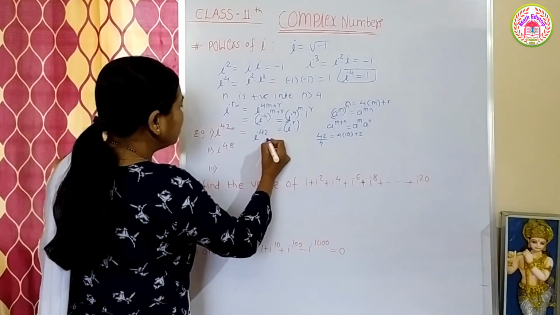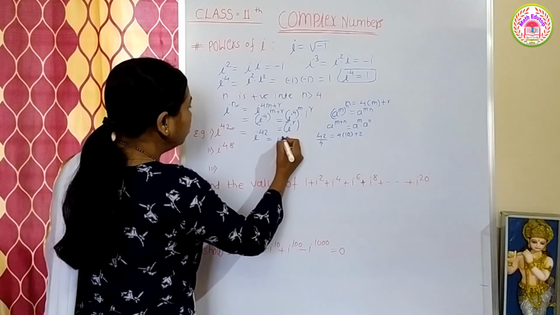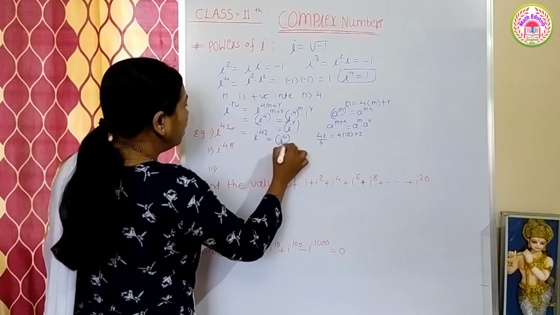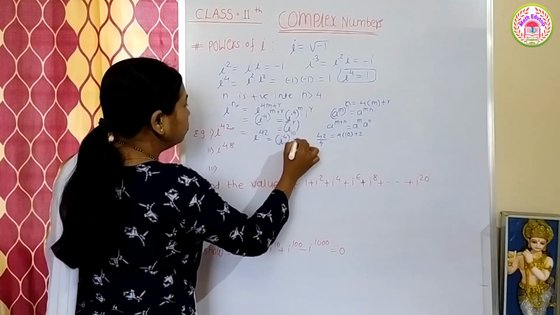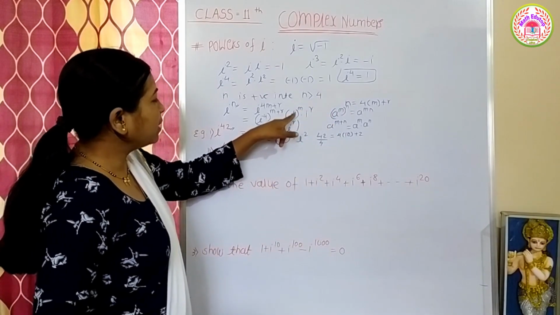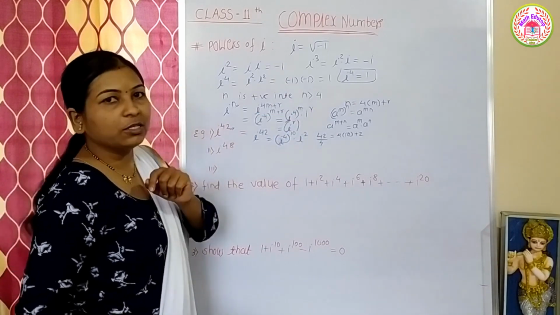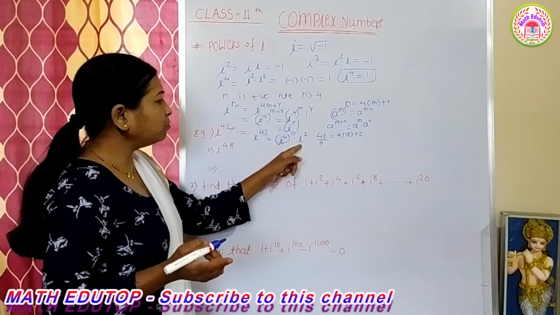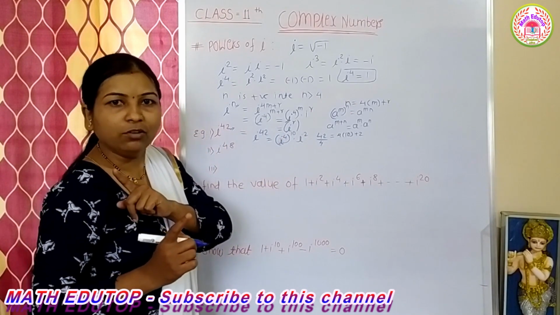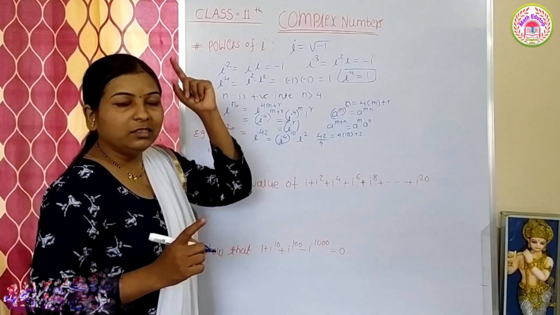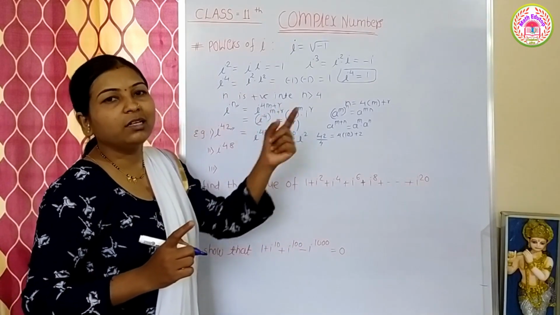That means this i raised to 42 we write as i raised to power 4 raised to power 10 into the remainder form, that is i raised to 2. This is the form i raised to 4 raised to m into i raised to r. That is, the multiples of 4 is 1. Then we just have to find i raised to the remainder value. Just remember, if the multiples of 4 is 1, then just the remainder value,